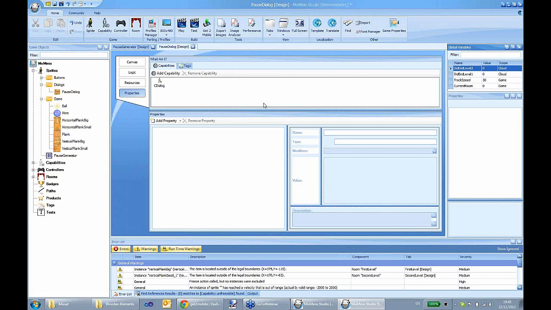We can also scale sprites, so we can make them bigger or smaller, and we just don't have to create new sprites for slightly different sizes. We can also color sprites. We can change their tint, their color hue, make a sprite redder or greener or bluer or whatever you want. And we will also have a new collision mechanism which will enable you to